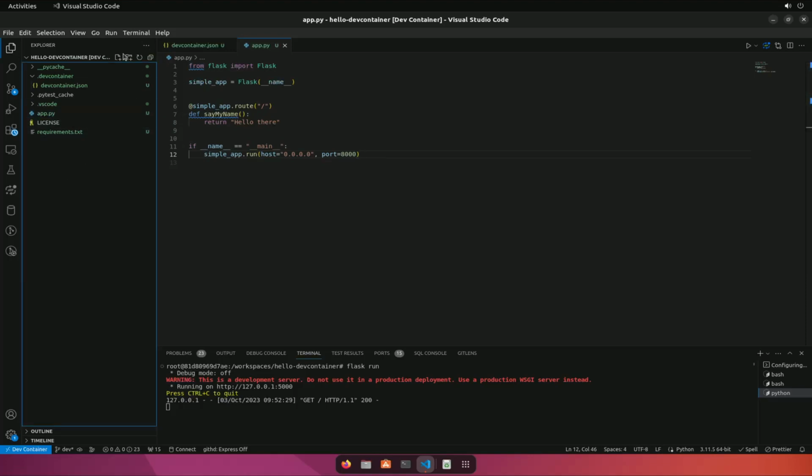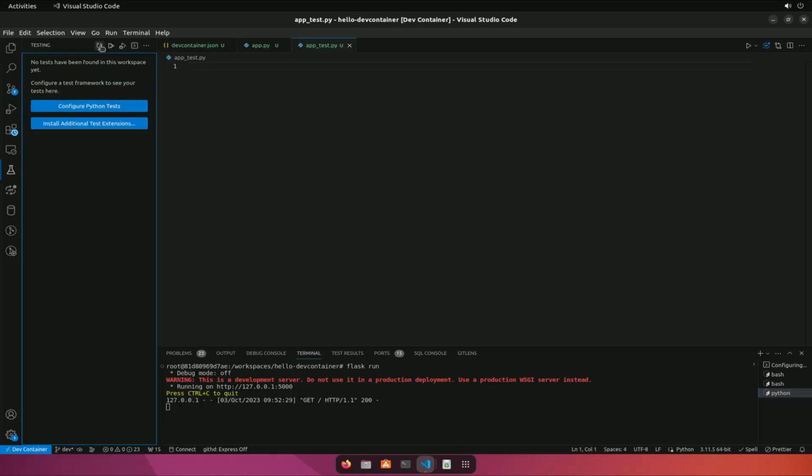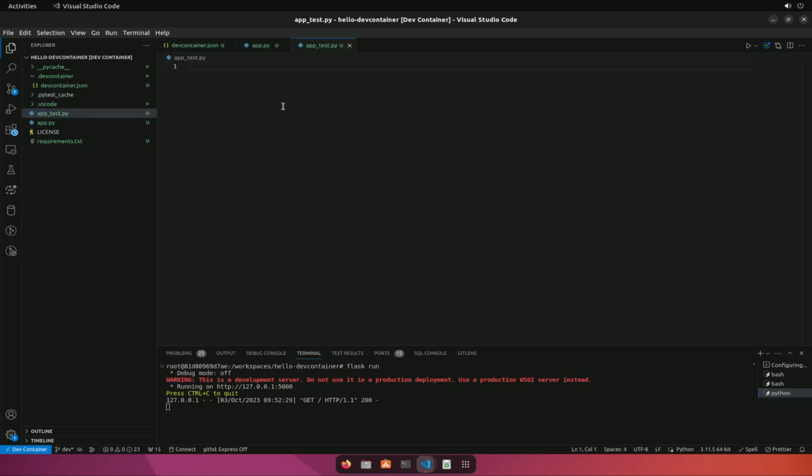And now let's write the test. I'm going to call it app_test.py. So now if we look at the testing tab here, it still doesn't show anything because there is no test written yet. So let's go ahead and write our first test where we will test our say_my_name function. So import app, which is app.py, test_say_my_name,